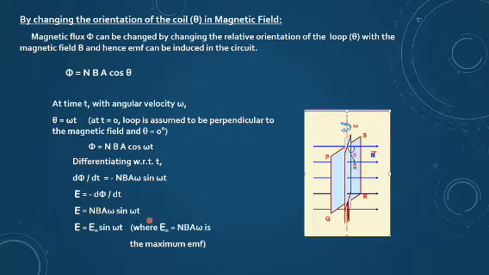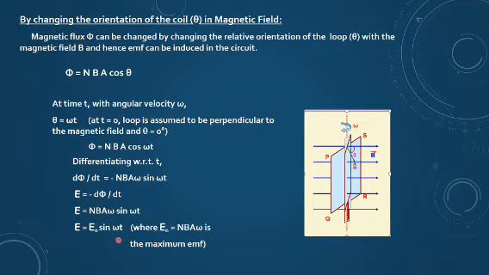Now this term NBA omega can be written as E naught, because when we see the current in AC, it is a varying current. So it is showing me the sine graph. This equation we will be discussing of course in the next unit, that is AC. Then we will talk about the induced EMF and the induced current, that is of course by changing the flux.